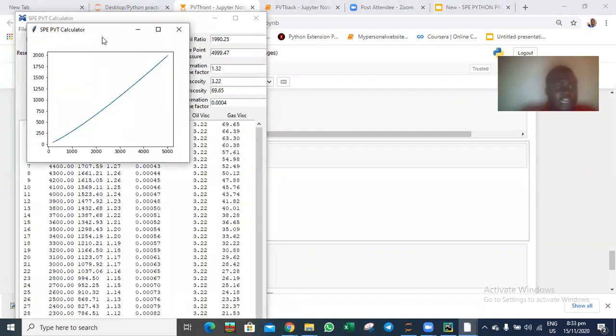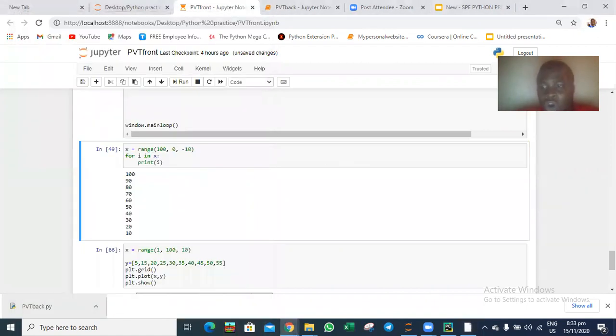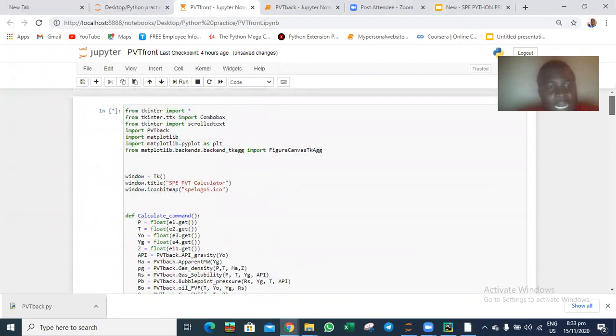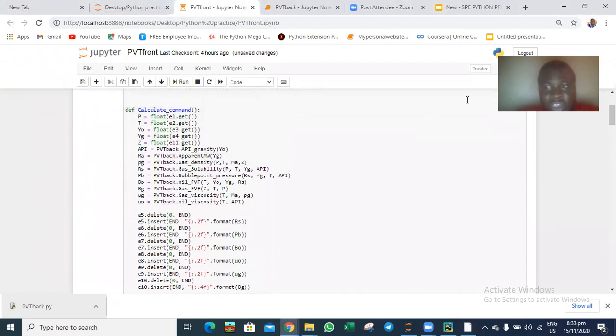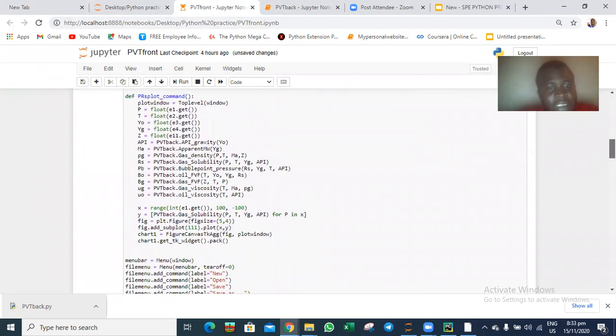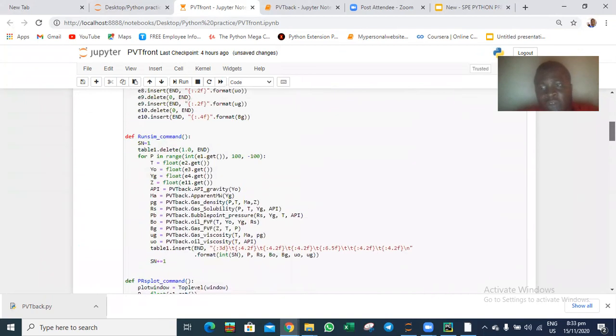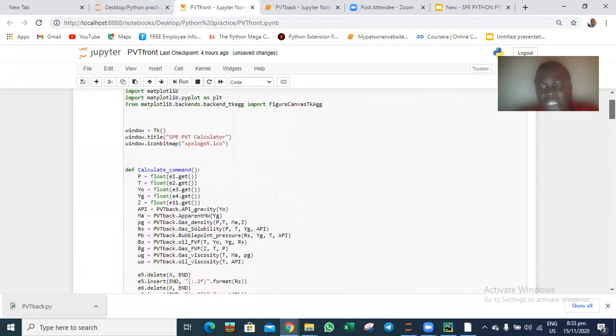Great. So I think we can stop here for the day. What you have to do, I want you to go and work on it. It's exactly the same codes, syntax, just for the other plots. So here we have PROS plot command. So you could give other commands. But let me show you quickly how to convert your files to